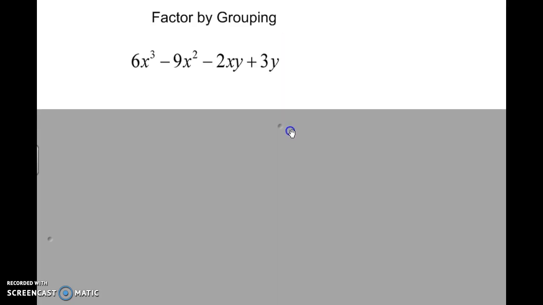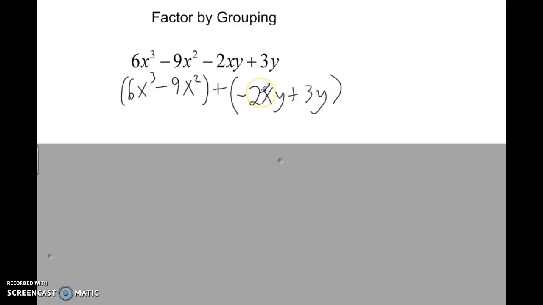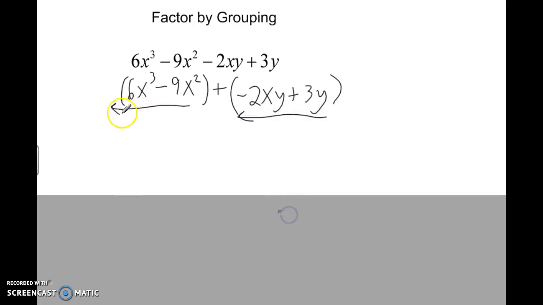Last thing, factoring by grouping. When you have 4 terms, there's only one method available to you. You need to group the first 2 terms. So this would be like 6x cubed minus 9x squared. I always like a plus sign in between. So I'm going to group that. Negative's going to be inside of there. Negative 2xy plus 3y. Once you've grouped them, you want to pull out the GCF of each. So we get 3x squared times 2x minus 3 plus